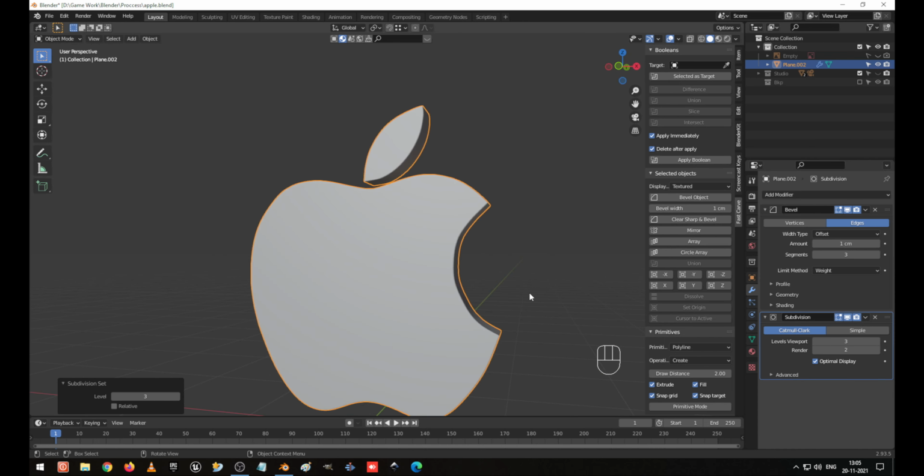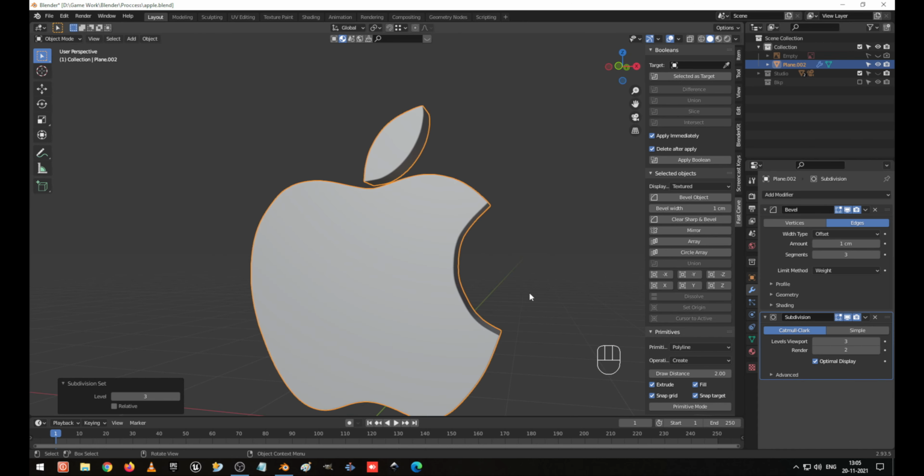Go to the UV editing tool. Now I select everything and press U to unwrap. So it has been unwrapped perfectly for us. I press 3 on the keyboard for face selection. I press L, select this, and press G to move and S to scale. I select this one, press L, S to scale slightly down, and G to move.